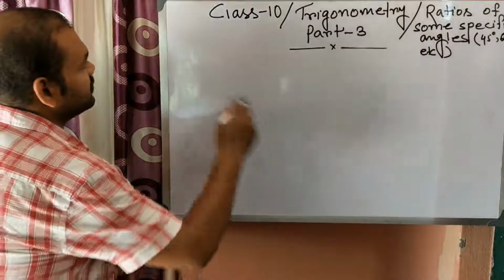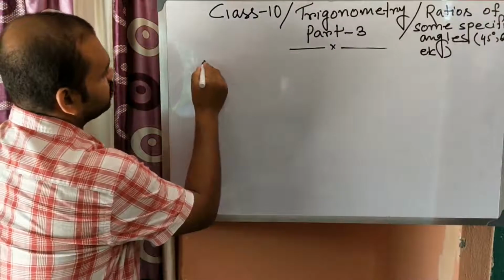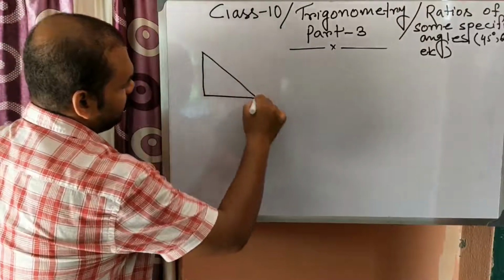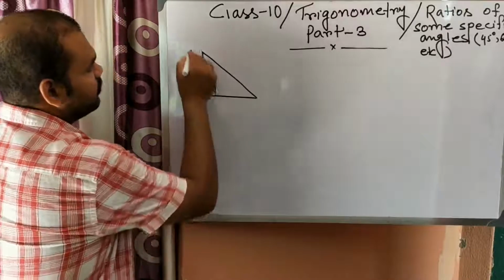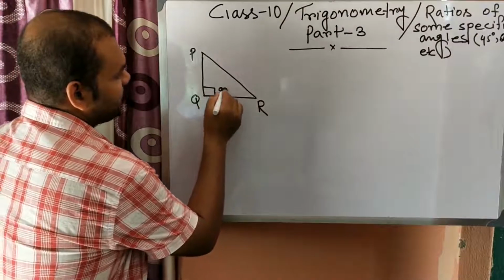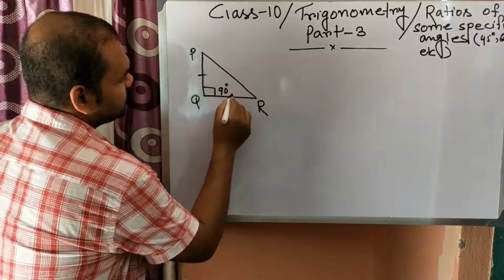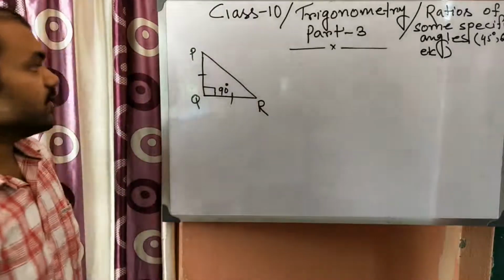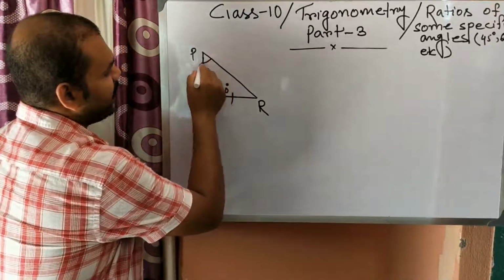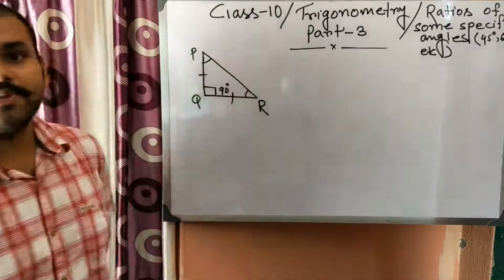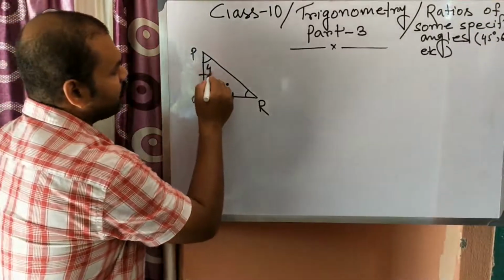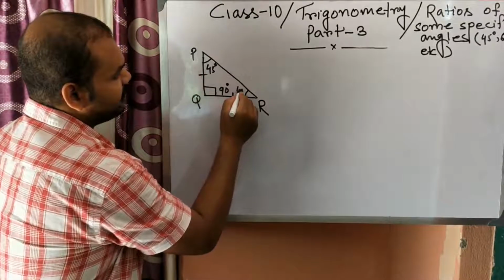Okay, so let us consider a right angle isosceles triangle. So this is a right angle isosceles triangle. Let us name it P, Q and R, where angle Q is equal to 90 degree and PQ is equal to QR. So if PQ is equal to QR, it is an isosceles triangle. In this case, if it is 90 degree, then these two angles, angle P and angle R, are complementary angles and they are equal also. So they are individually 45 degree each.